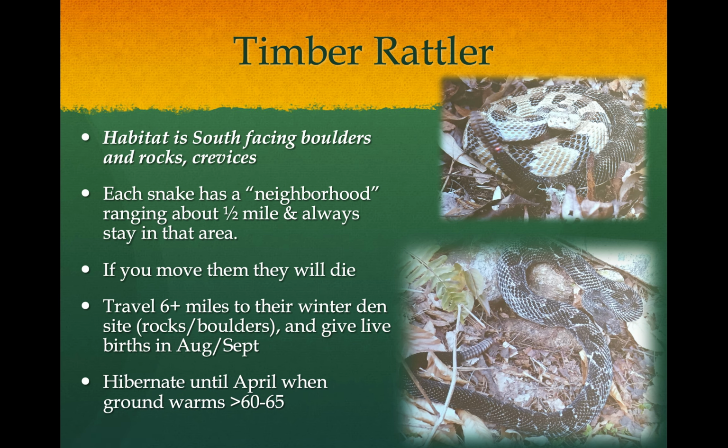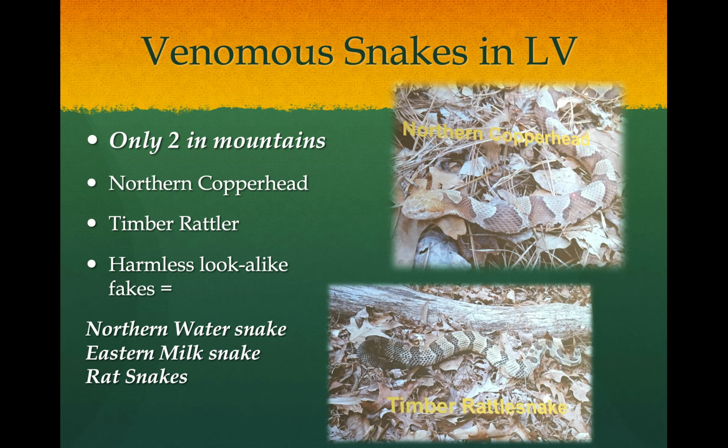And again, they come out of hibernation when the temperature is around 60, 65. So that's it. On the troublesome snakes, there's only 2. And then you remember the narrow saddlebags on the top and the chevron or diamond banding on the rattlesnake, and you got it. Now I want to talk quickly about 3 kind of fakes that you might see,